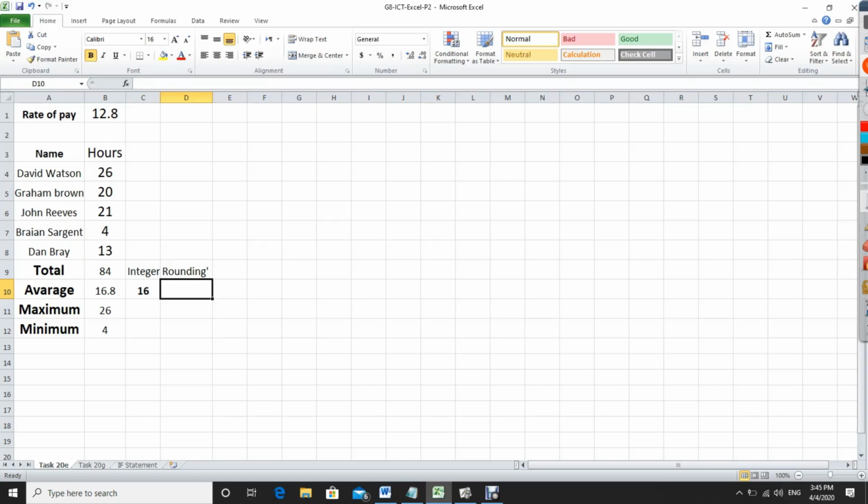So we go here and put the equal symbol and just type round, open the brackets, okay, B10, comma 0, close the brackets, enter. So the round is